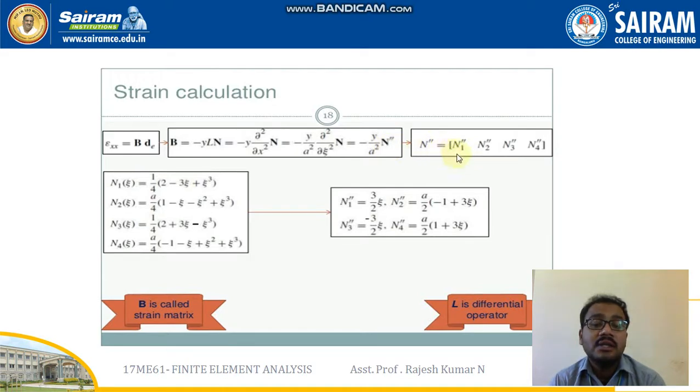So N double dash is nothing but N1, N2, N3 and N4 differentiated twice. That is the meaning of this. I already know the shape functions, so if you differentiate them twice with respect to zeta, we will be getting N1, N2, N3, N4 values as this, that is 3 by 2 zeta as N1 and a by 2 of minus 1 plus 3 zeta as